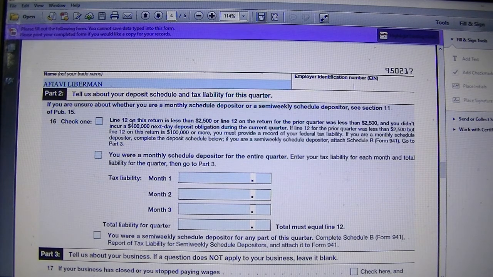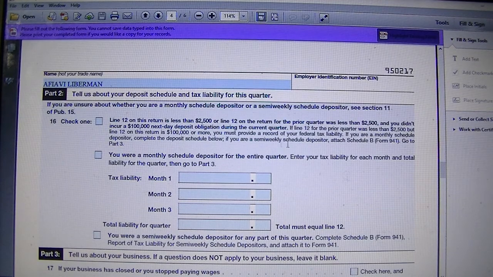So if line 12 on this return is less than 2,500, or line 12 on the return for the prior quarter was less than 2,500, and you didn't incur a $100,000 next-day deposit obligation during the current quarter, then you're monthly,